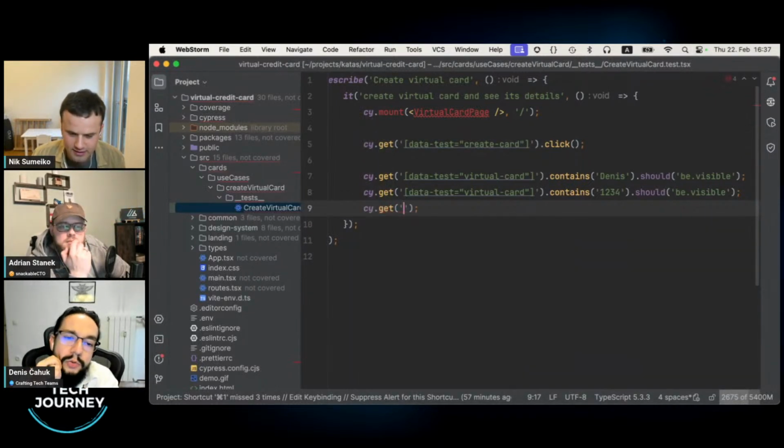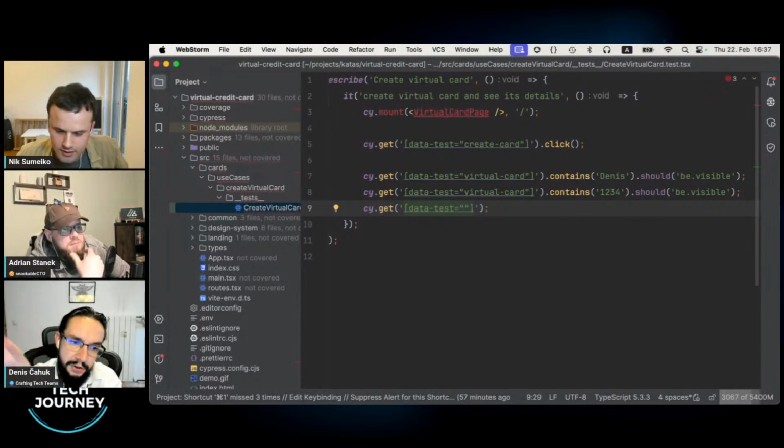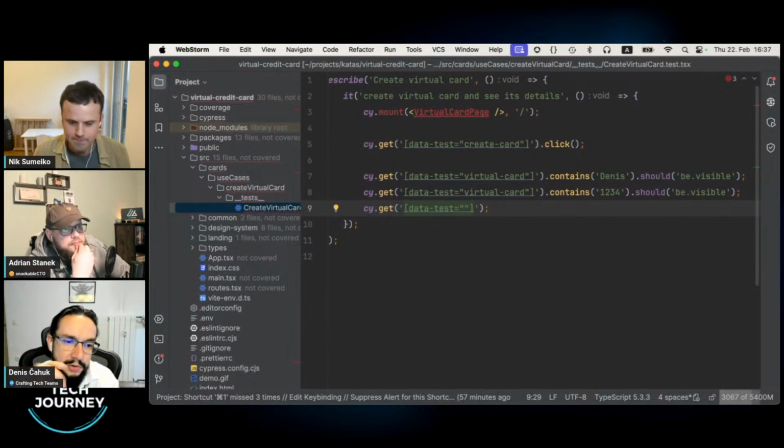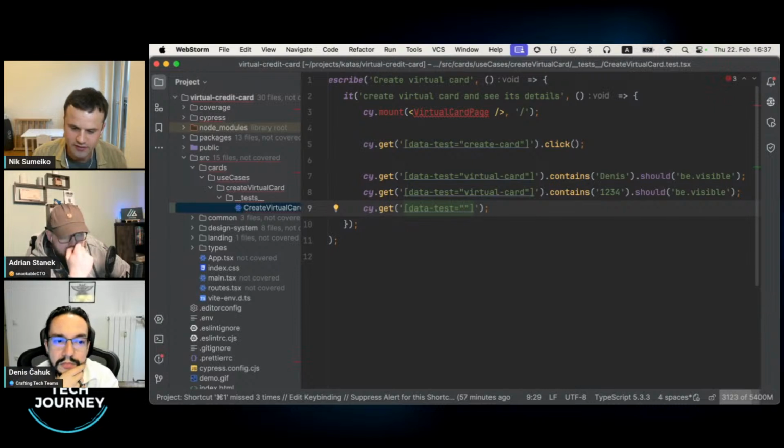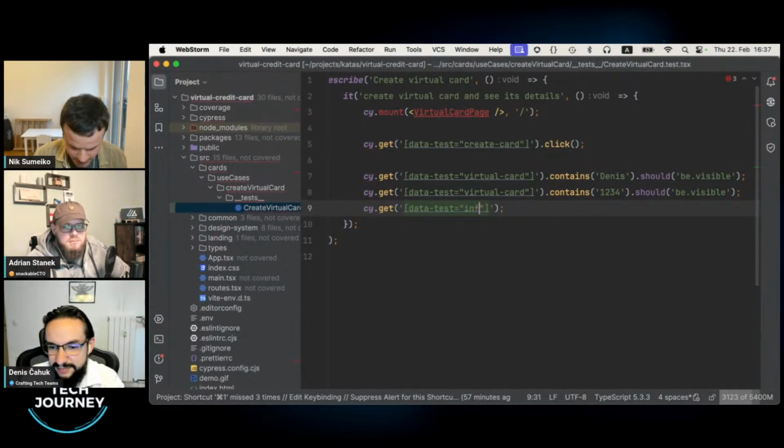Would you normally do multiple assertions in a low-level test? Is this breaking the rules, because this one's one of the more top-level ones, or is this normal for you in a Cypress test? This is a high-level test, therefore I will do many assertions if necessary. In a low-level test, we will come to that. In a unit test, I will do just one assertion per test. Thank you for that differentiation.